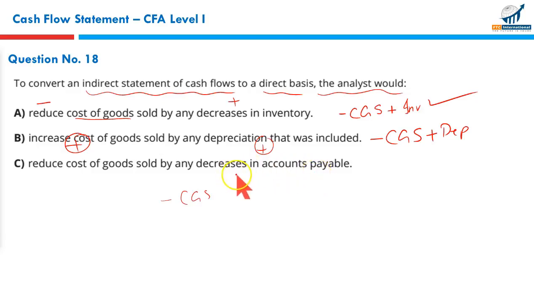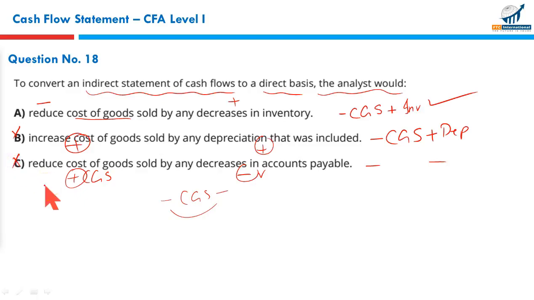Decrease in accounts payable is an outflow. If it's an outflow, we show it as a negative. So basically it's a negative negative. But here it says that you have to take CGS as positive, and from this you need to deduct decrease in payable in opposite direction, plus negative. But it should be combined. CGS and decrease in accounts payable are combined, not netted off. So both of these are incorrect options. Options B and C are incorrect.